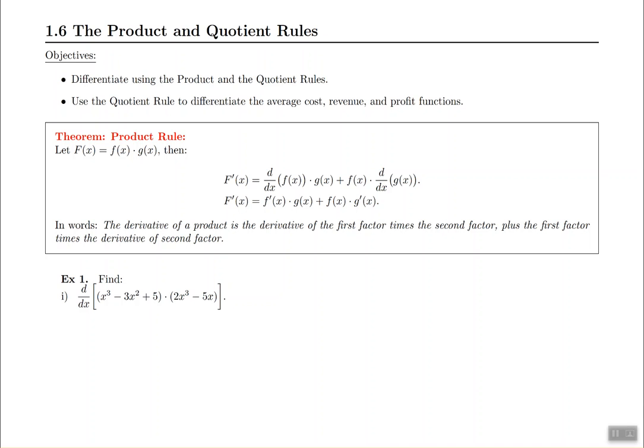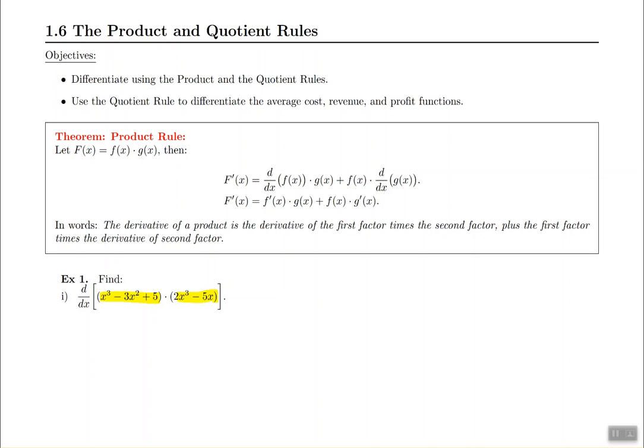In section 1.6, we will be describing the product and the quotient rules. Up until this point in time, we have been working with some basic derivative rules, but the product and the quotient rules are going to be special because they involve problems where you have a product of x's with other x's, or a quotient. And a quotient is basically a fraction where you have x's in the numerator and x's